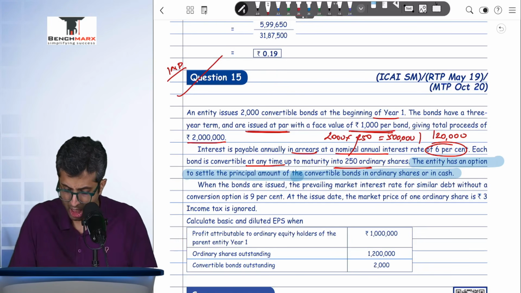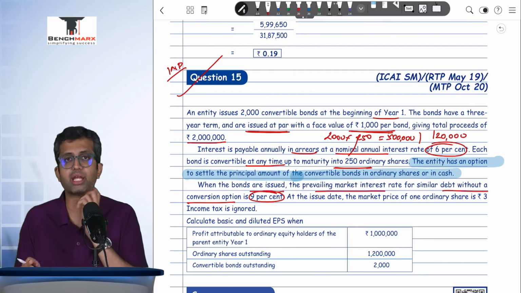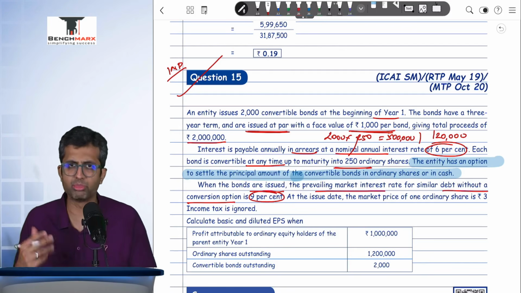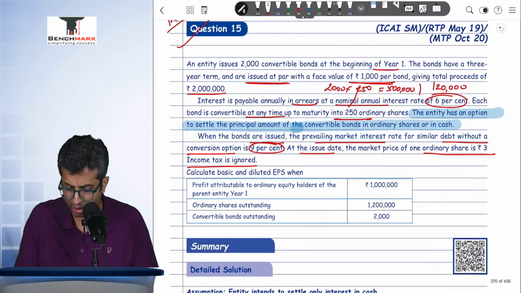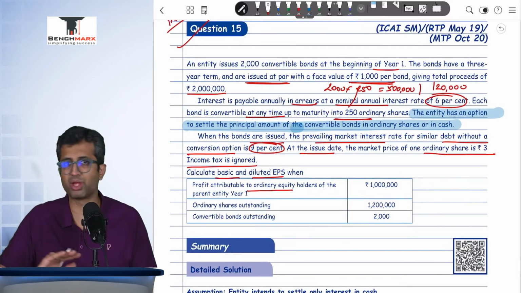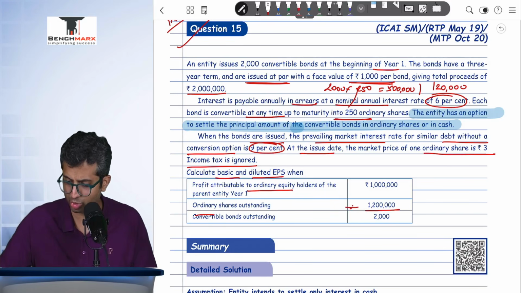So over here, when the bonds are issued, prevailing market rate of interest on similar bonds without a conversion option is 9%. Now, if this data is given, you have to segregate between the liability and equity component. At the issue date, the market price of one ordinary share is ₹3. Income tax is ignored. Calculate the basic and the diluted EPS when your profit attributable to ordinary shareholders, this must be after finance cost and everything, is 1 million or 10 lakhs. Ordinary shares outstanding is 12 lakhs, and hence 10 divided by 12 comes to, I think,